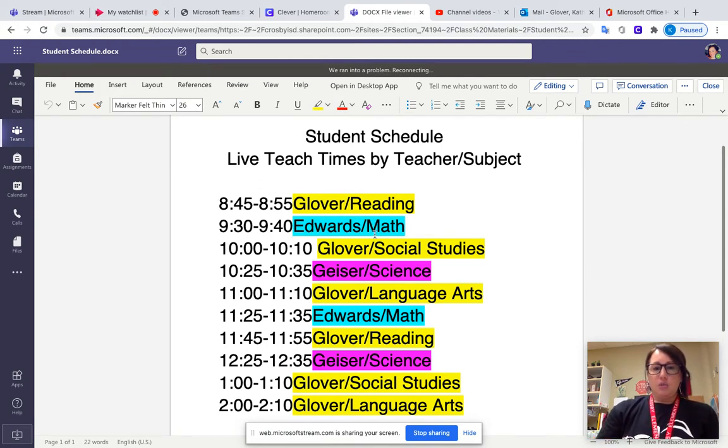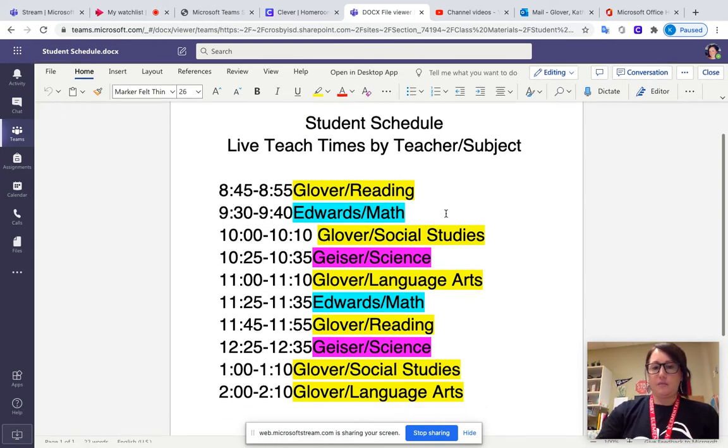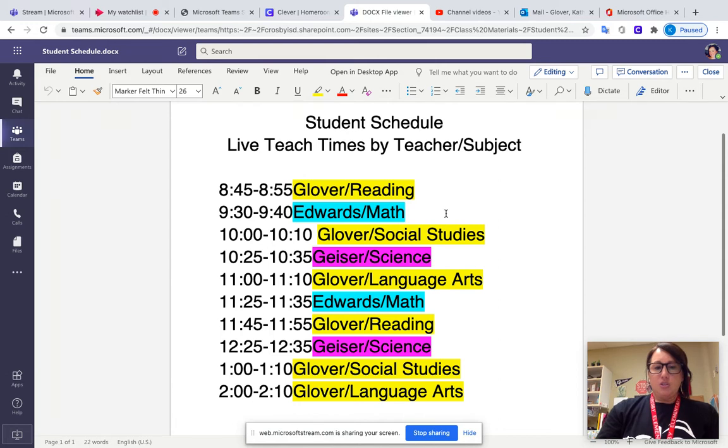Okay. So the reason that there's 10 different times is because you will see each one of your 5 subjects are on there twice. And my name is on there a lot more because I teach 3 of your 5 subjects. Okay. So these times are optional, but these are the only times throughout the day